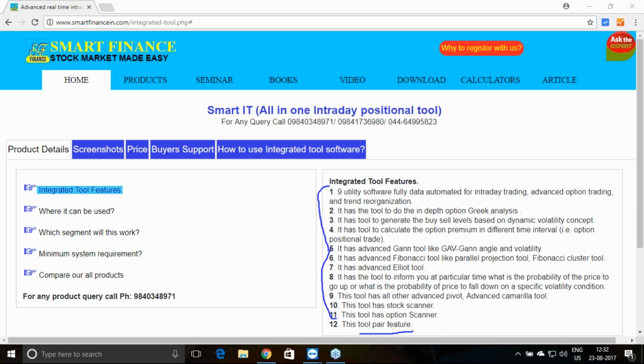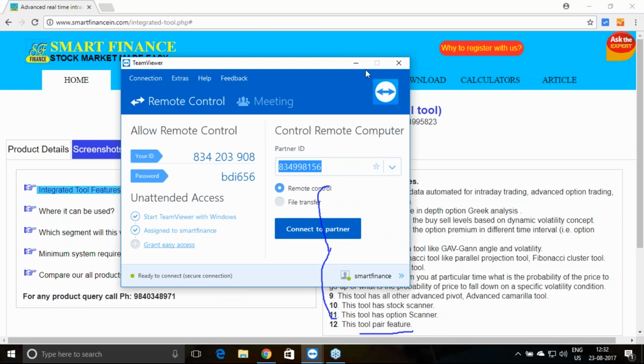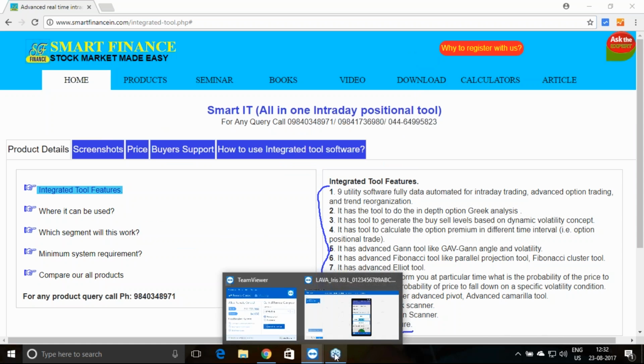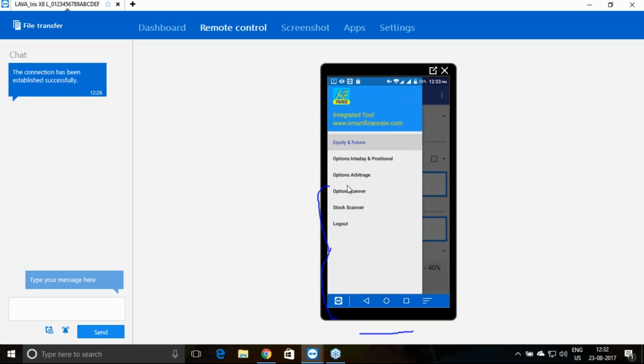And currently we are giving these things. Those who are going to buy from now onwards will be getting both the editions, the Android as well as the desktop edition. So these are the features you got, and if you want to trade in the options, you need